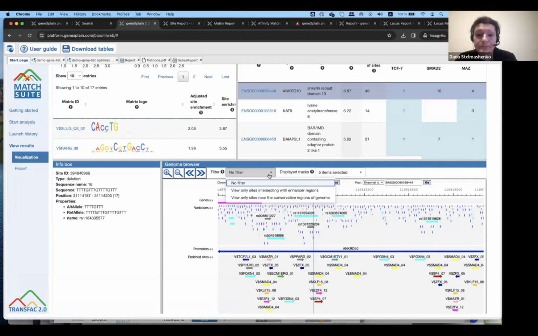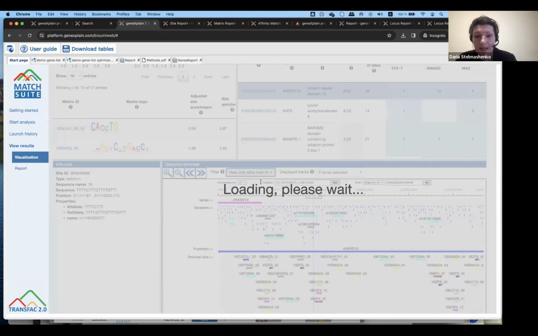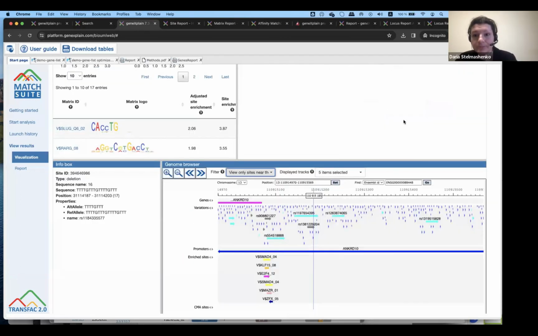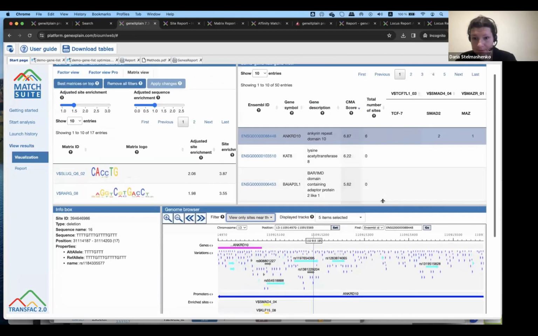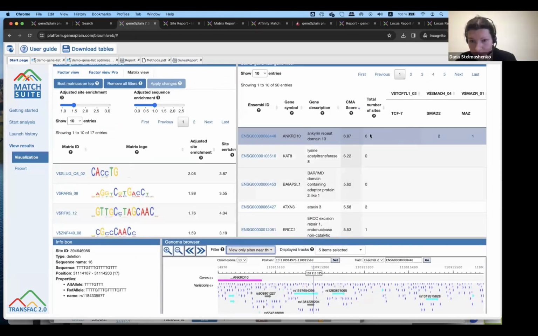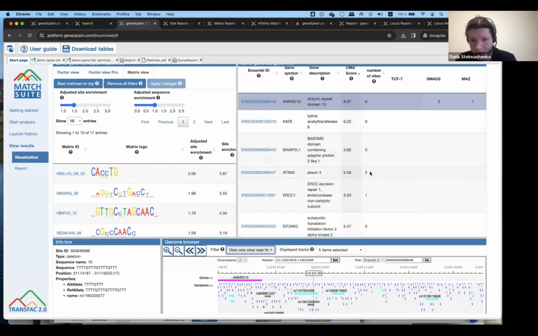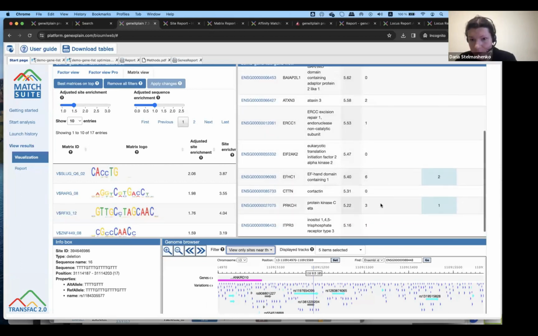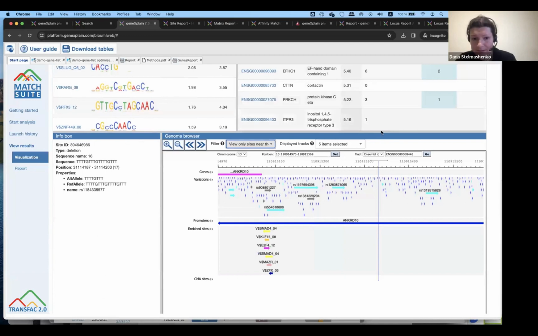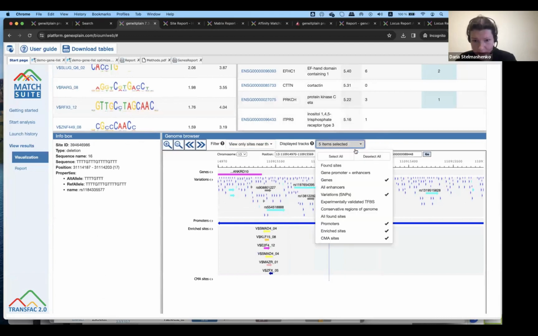For instance, you can only view those sites that are intersecting with enhancer regions, or you can view only those sites that appear to be near the conservative regions of the genome. This is similar to the filter we already applied for single gene analysis. But anyway, let's first apply that filter. And please note that the table on top will be updated respectively. You see, you immediately got the zeros. Oh, okay, so it's not 0, 0, 0, so it's 2, 1. So it's not many sites that are located near these conservative regions, and we can view this